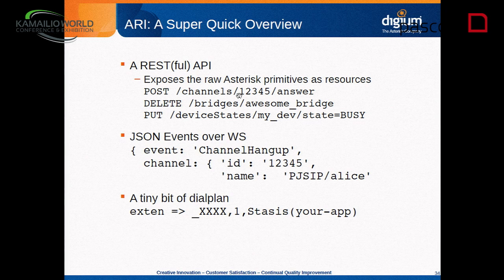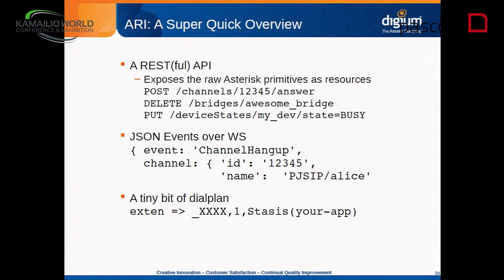Unfortunately, we live in an asynchronous world, and as much as REST is wonderful, things change in Asterisk without you actually issuing an HTTP request asking them to do so. That means we have to have some events coming back. So the API has a WebSocket that you connect to, and it will spill back events about things happening in your application as JSON. Yay, structured data. If you've ever had to parse AMI, well, sorry, but yay, JSON.